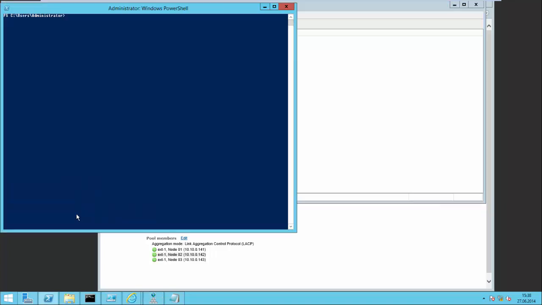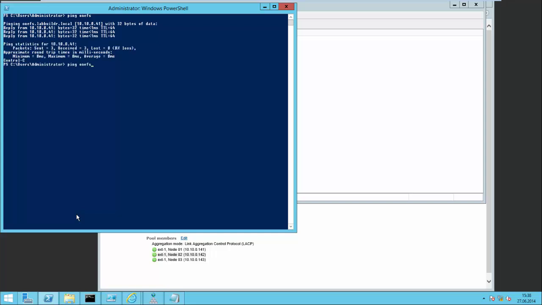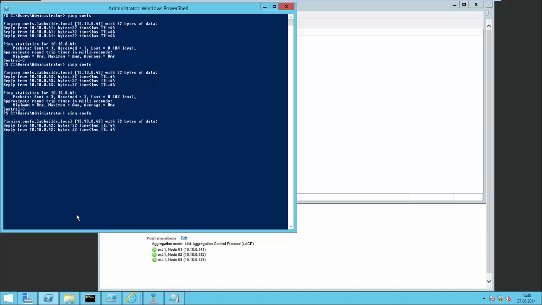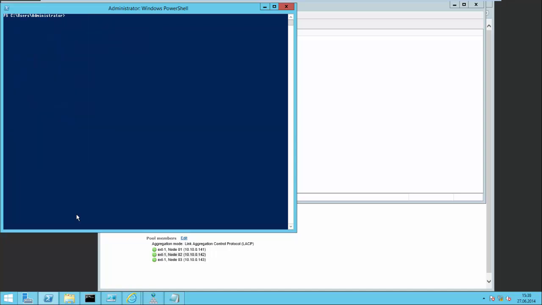If we go to the command line and do a ping onefs, that pings to the first node. If I do it a second time, it pings to the second node, or the third node in this case. And if I do it another time, it pings to the second node. So there's always a round robin, or a round robin with load balancing, depending on the type of license that is installed. So if we do a ping onefs-remote, this should not resolve anything unless we configure a SmartConnect